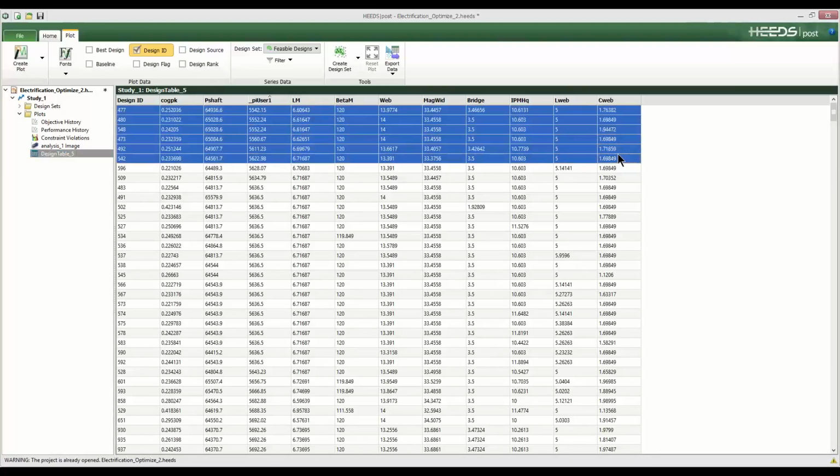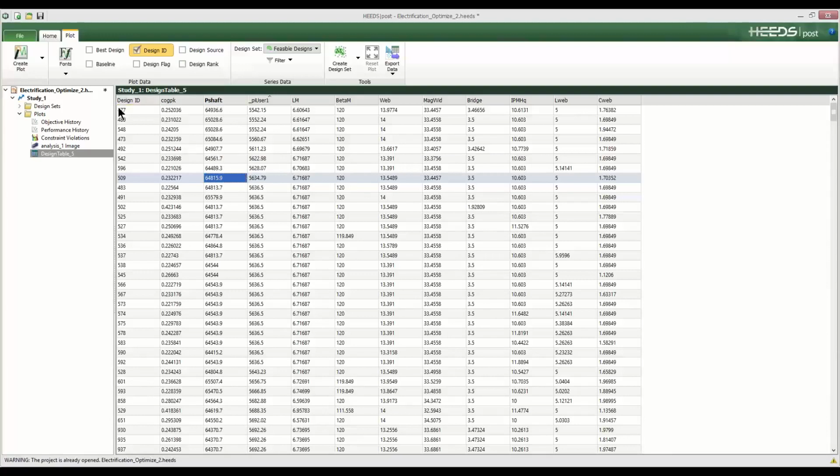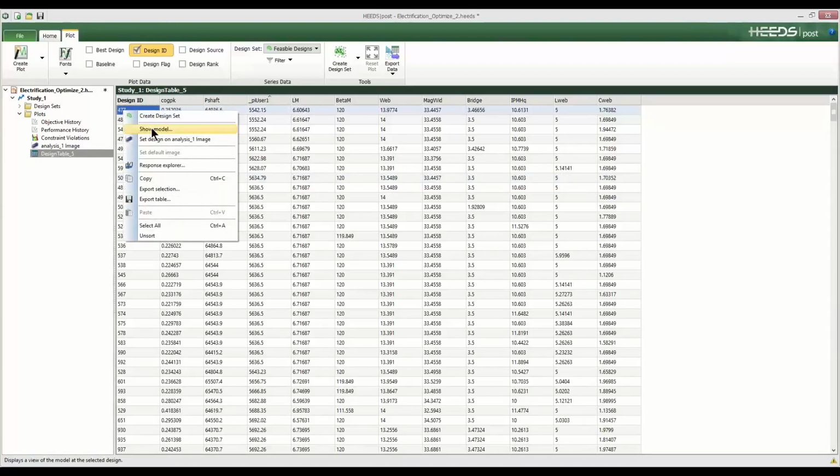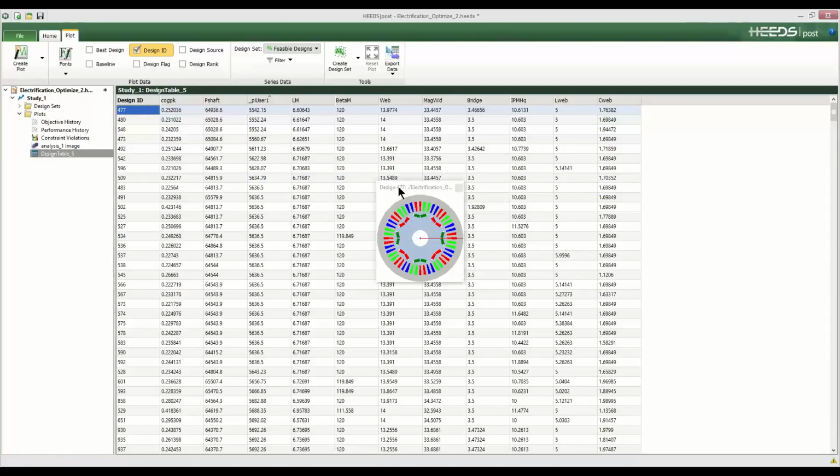For example, if we take a look at the top 5 designs, we're reducing the magnet volume, maintaining the shaft power, and also reducing the cogging torque. It also gives us the settings that generated those designs. And the good thing is, we can show the model of the design that gave us the best result, of course, the one that we select.